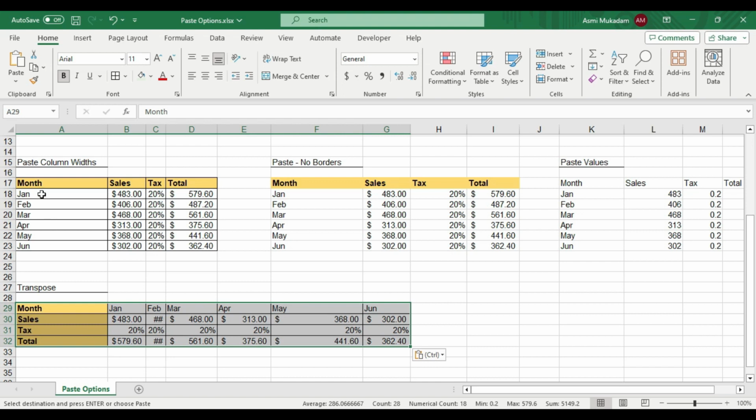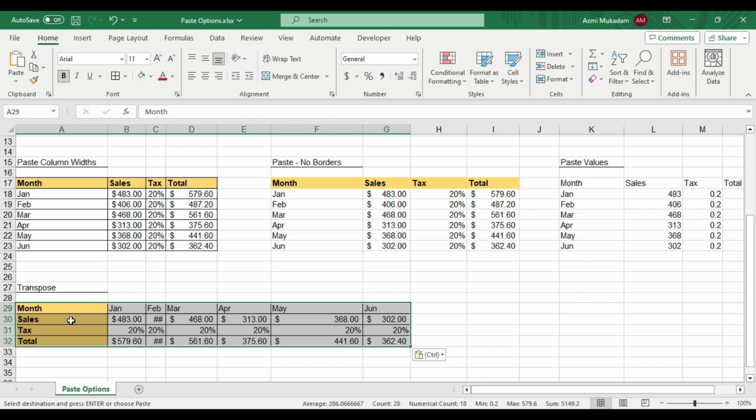Okay, so this was present in the row. Now you can see it as a column header, January, February, March, April, May, June, and all this column header you can see it is in the row. So it is switched. Most of the time we have a column heading horizontally aligned, but what if we want vertically? So here we can see, if you want it vertically, you can use the transpose option.